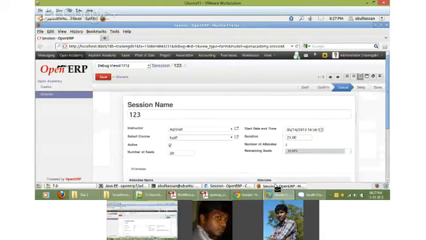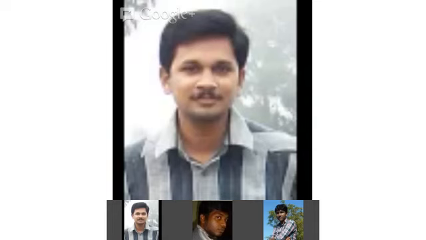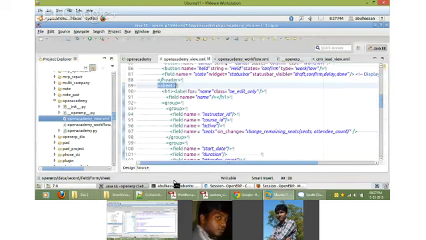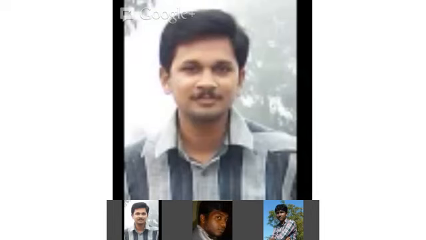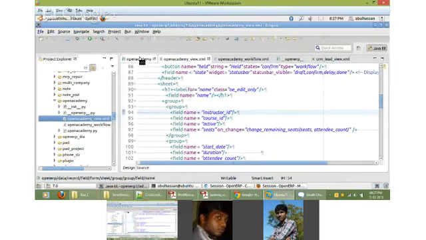So if you define sheet, it will show in the sheet view, and below that I have given h1, and after that the name of the field. The first field is name. You can see name is the first field that I have defined here. After that I defined instructor ID, course ID, active, and seats.